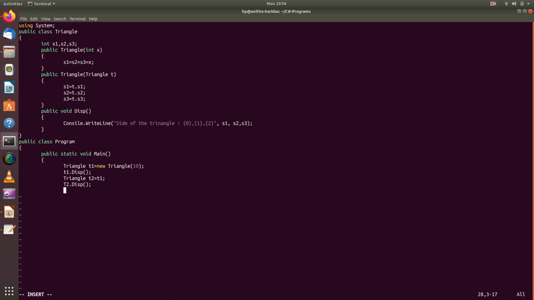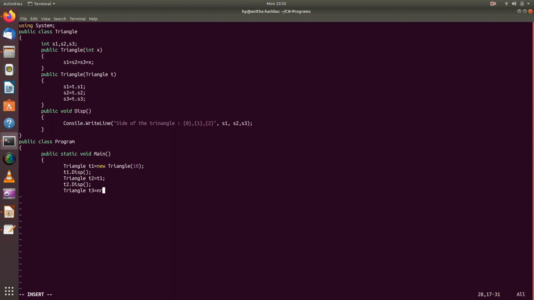I am having T2 small letter. Then I am declaring another object T3 equal to, using the copy constructor.